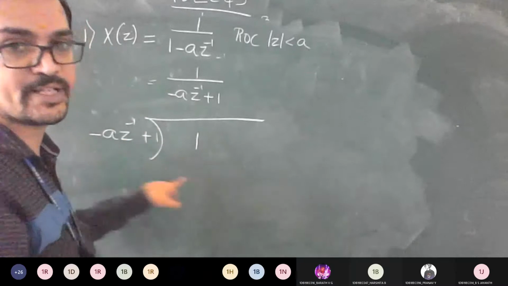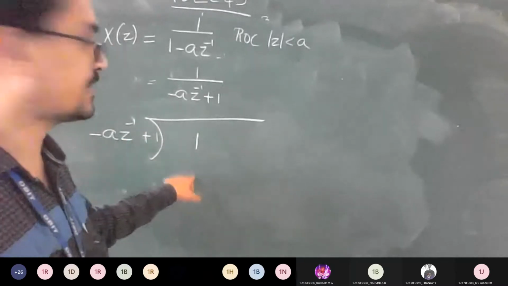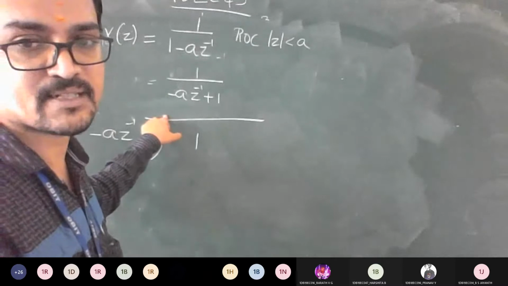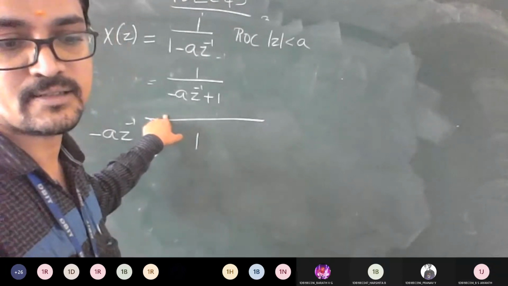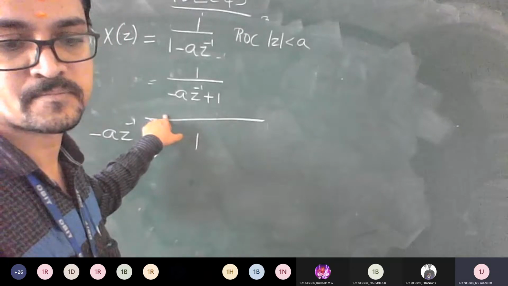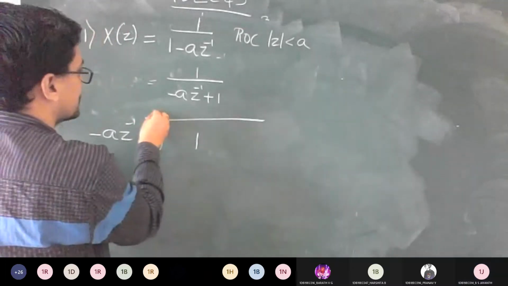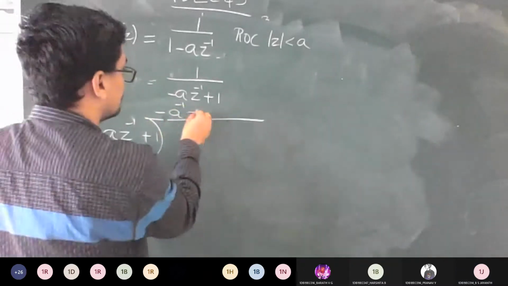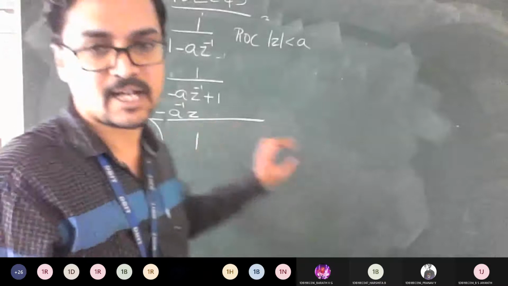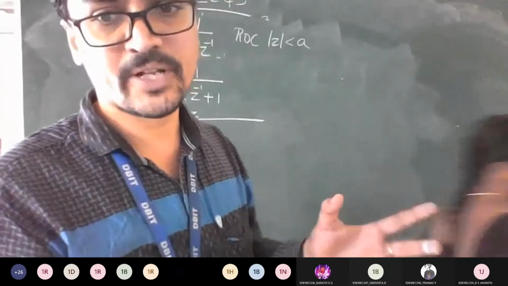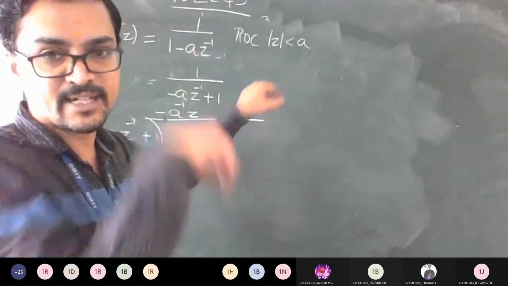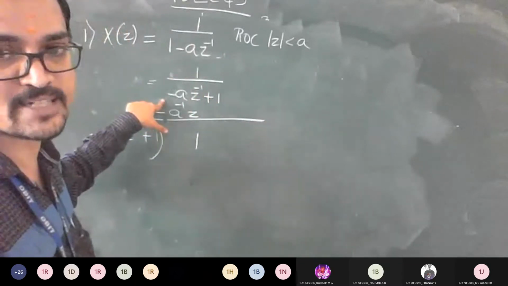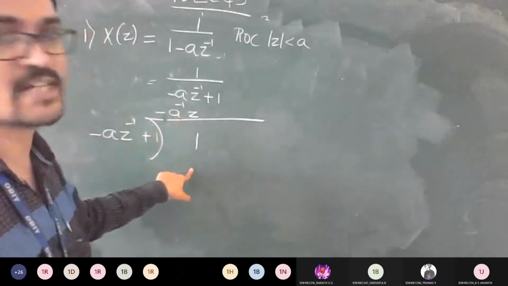I want this term to be here to get cancelled. So what number can I give here? Is it minus a inverse? Yes, sir. Z by a, sir. So what should I give here? Is it minus a inverse into z? Yes, into z. See, the ultimate goal is clear: I should do the reverse operation of what we did for z greater than a. Now z less than a means this is the slight modification you're supposed to do. So if you multiply this, what is the answer you're going to get here?